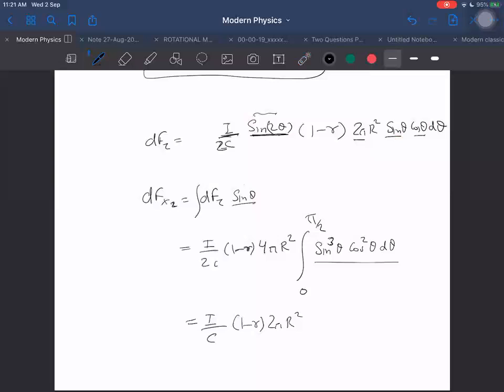There's a direct formula for this, I think, in mathematics. What is that? Can you do it or not? We can do it in another way also. I can write sin cube theta as sin square theta into sin theta, and sin square theta as 1 minus cos square theta. So I can write 1 minus cos square theta into cos square theta into d cos theta, again with a negative sign outside, because d cos theta will be minus sin theta. Negative sign outside, 0 to pi by 2.